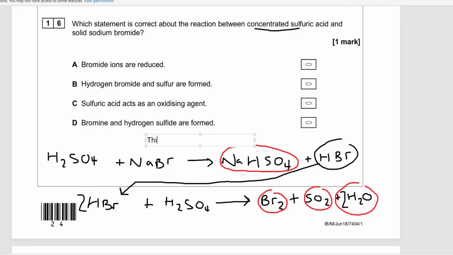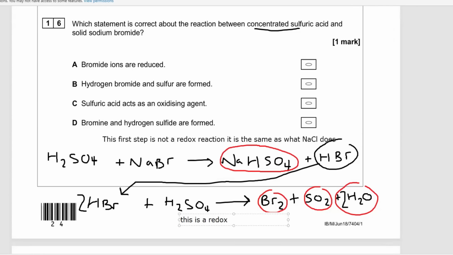So the first reaction is just an acid-base reaction, right? The sulfuric acid is acting as the acid, and the bromide ions are acting as a base because they're accepting hydrogen in this. In the second reaction here,